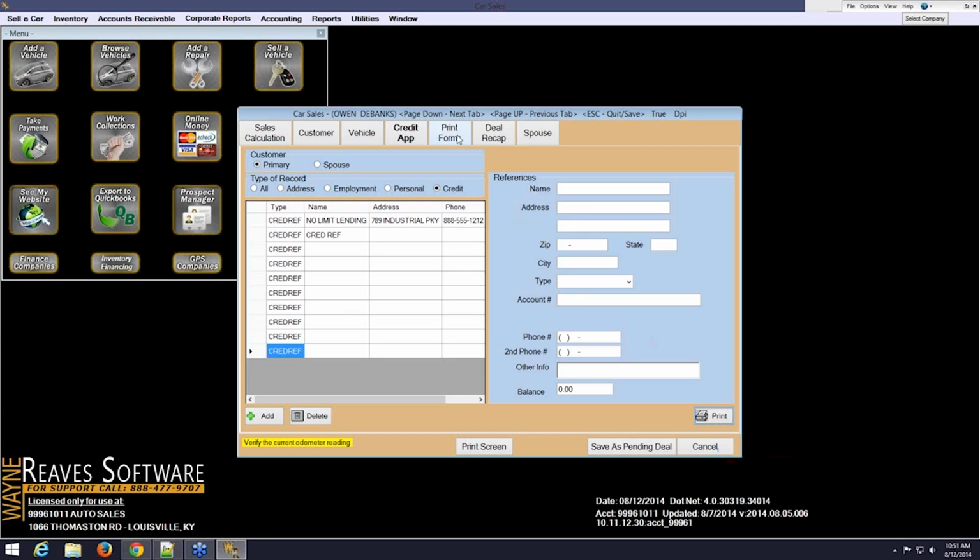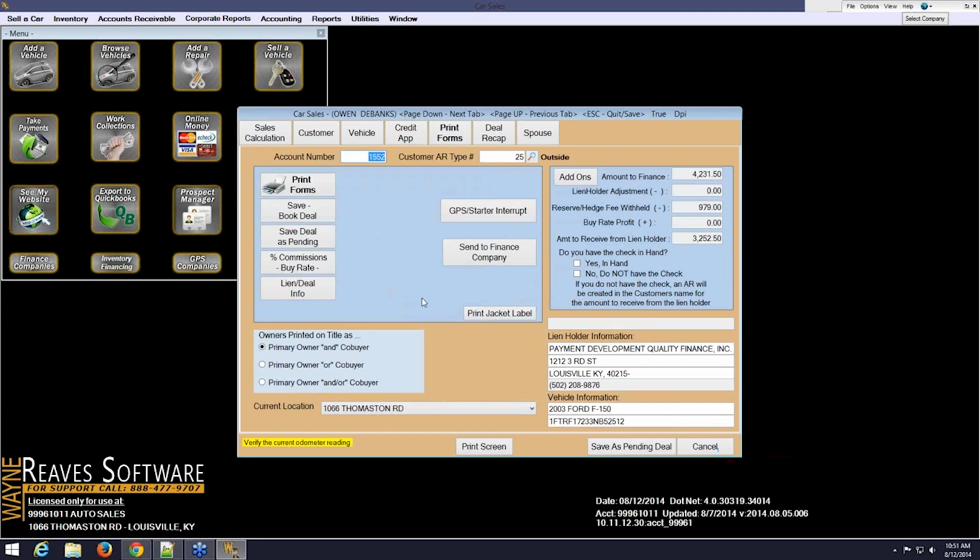Continuing again from left to right brings us to the print forms. Now in the print forms tab, this is where we complete the deal. This is where everything is finalized. And before the deal can be finalized, I want to point out that you finalize the deal by booking the